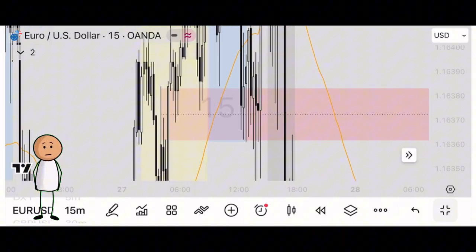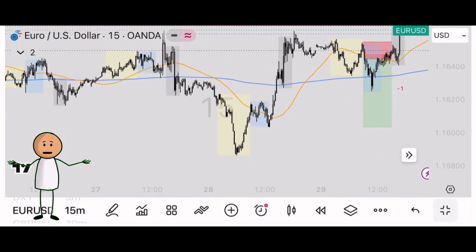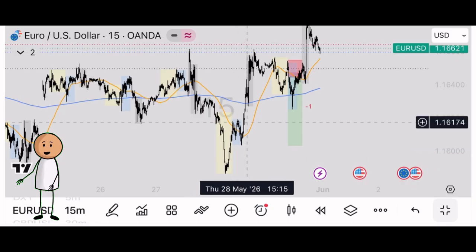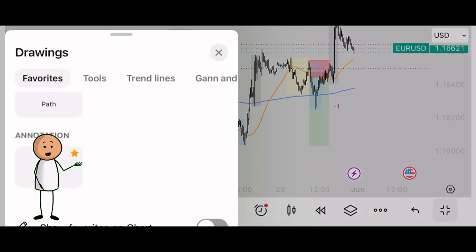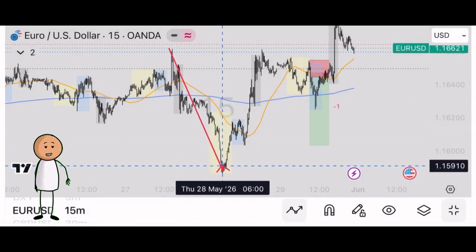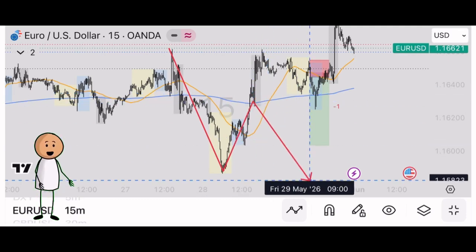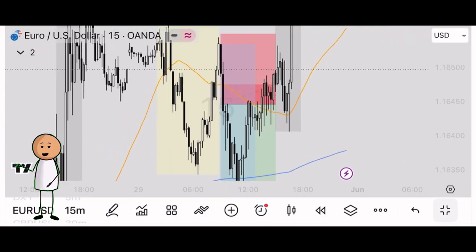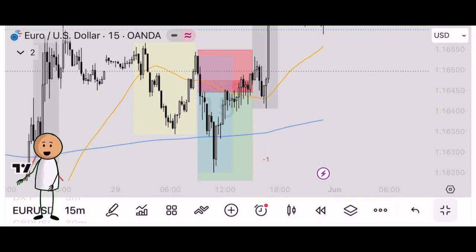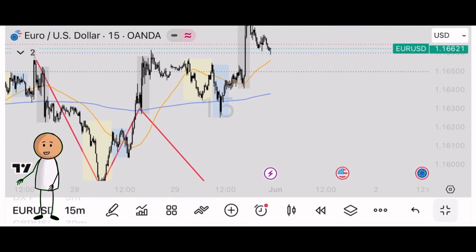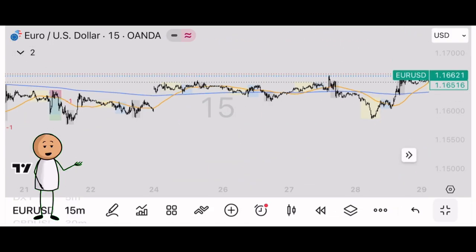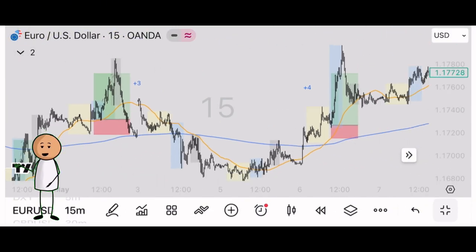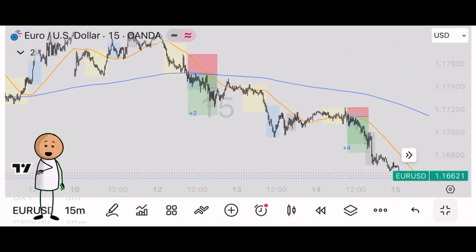Or actually my entry was proper if I was using that small range up there. Then comes the 28th. That's where I was expecting, on the 28th, that's where I made my last video. I didn't take any trade, just for the same reason that I was expecting the market to form a high, low, retrace, then come back down. So let's just add up everything